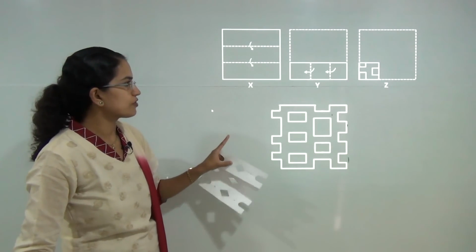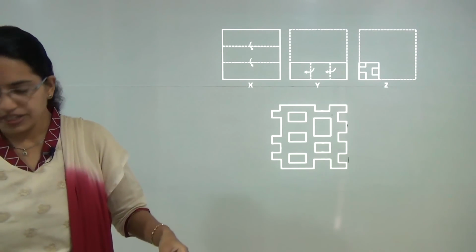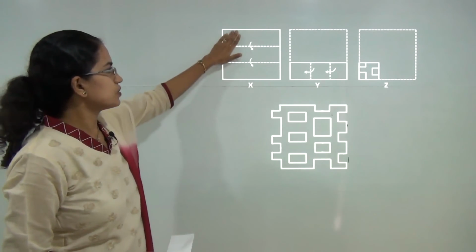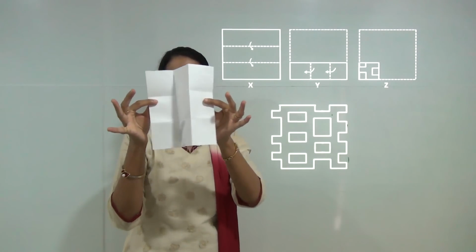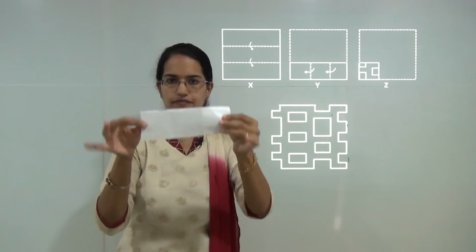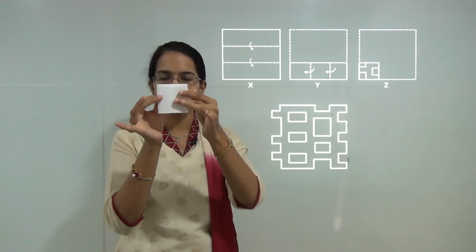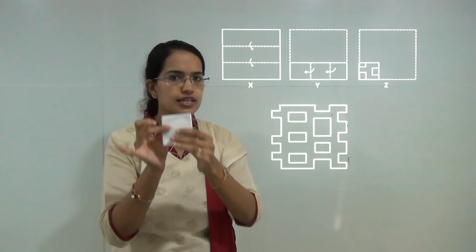Now here what we are doing is a further complicated example. So what I have here is, as we said, you have 3 folds that are done. So I have a sheet of paper, I am folding it into 3. Now the remaining section that I am having, I am further folding it into 3 parts. So it's not 2 parts as it was before, it is 3 parts.